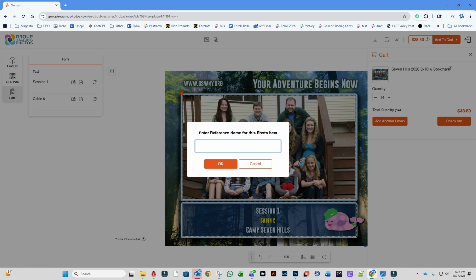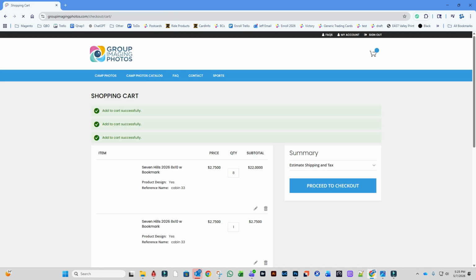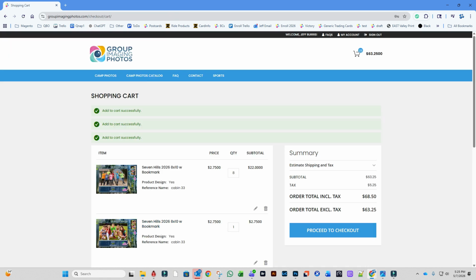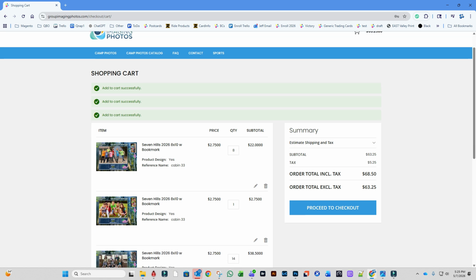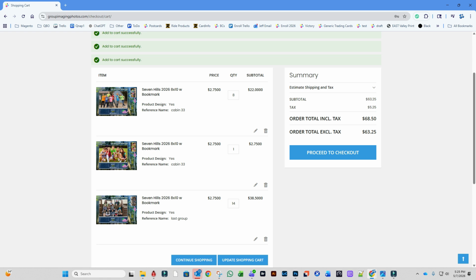And this is last group. Okay. Those references end up on your invoice, like right here. Reference name is cabin 33, and I did the same one on both of those. That was a mistake. And last group, that's the reference name there. And now we have